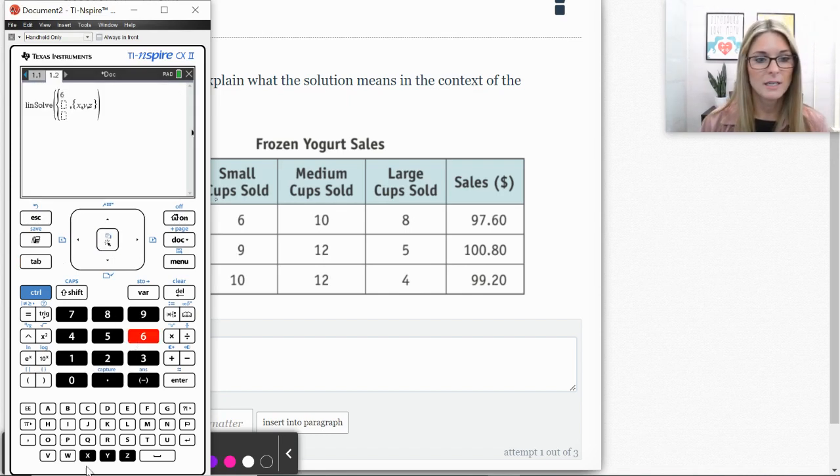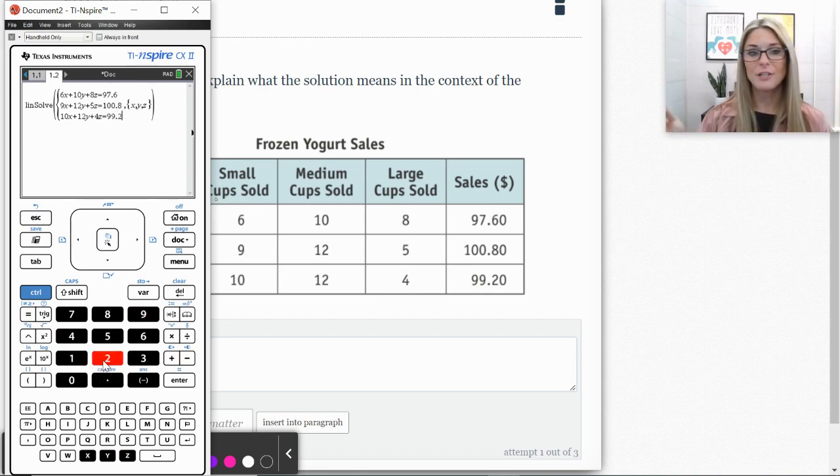We've got 6x plus 10y. Don't mix up your letters. Plus 8z equals $97.60. Arrowing down, we had 9x plus 12y plus 5z equals $100.80. Arrowing down, 10x plus 12y plus 4z. I'm trying to keep my eyes on the calculator too, make sure I'm not making any typos, because